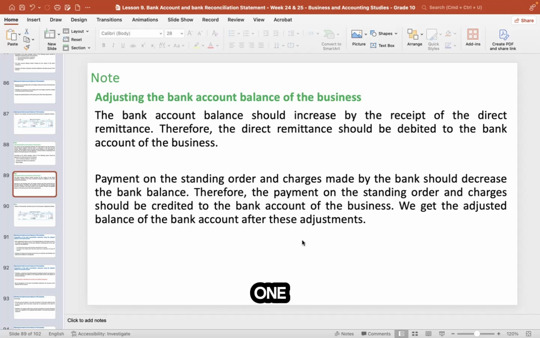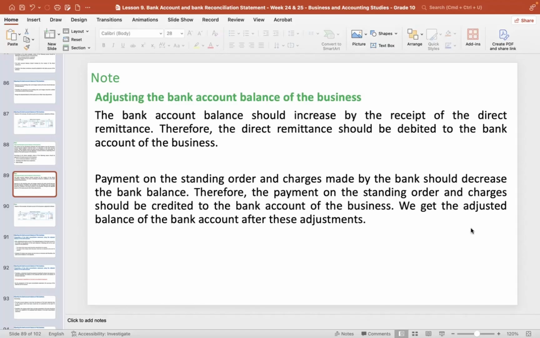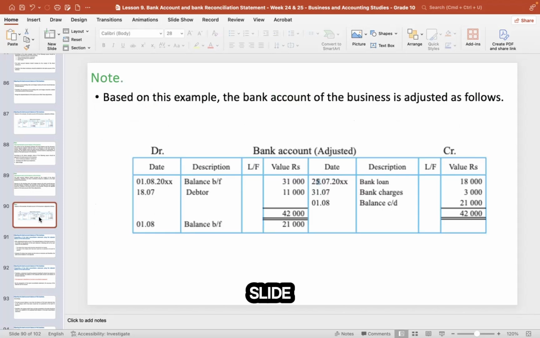Students, take 1 to 2 minutes and start writing this slide, the next slide. So I will be moving on to the next slide. Take about 1 to 2 minutes and